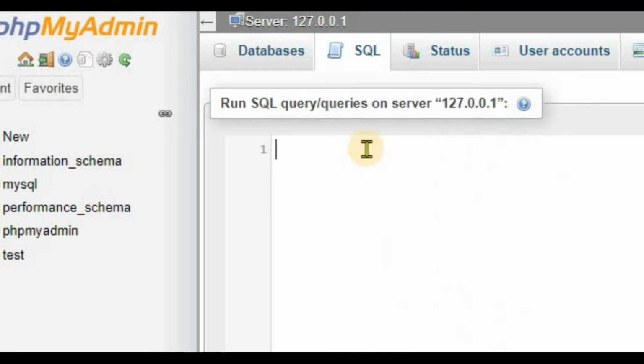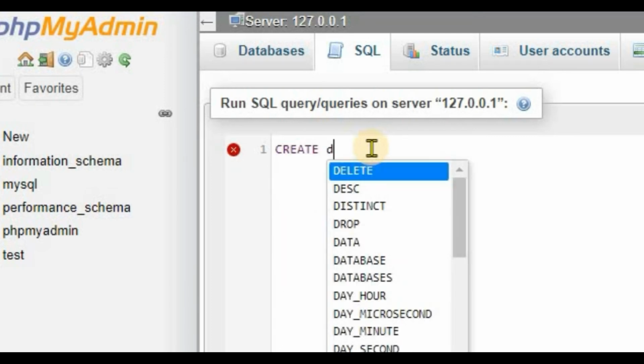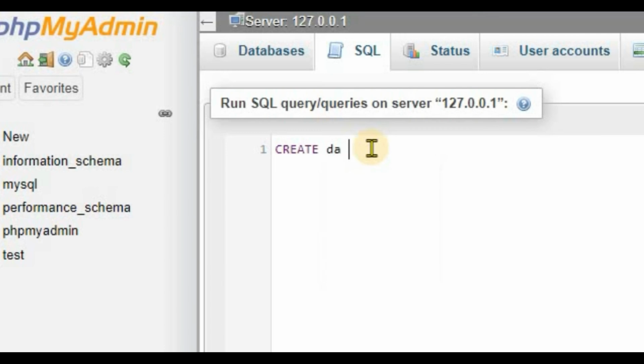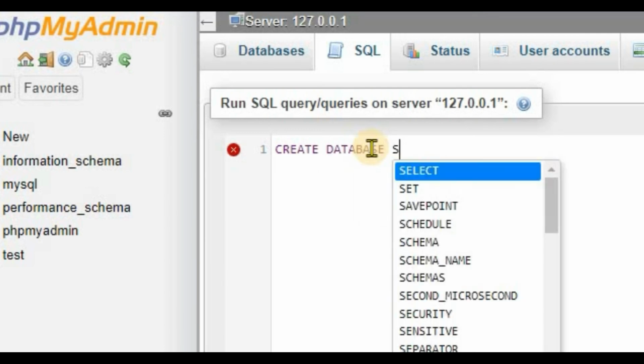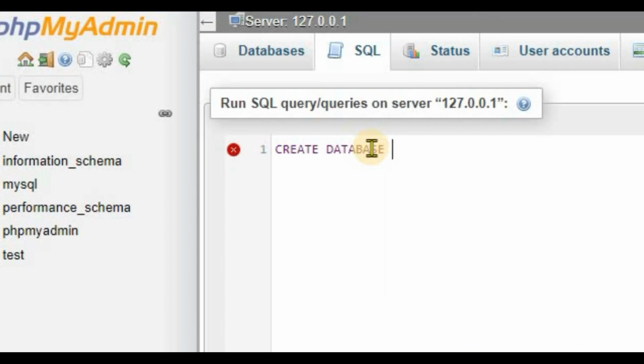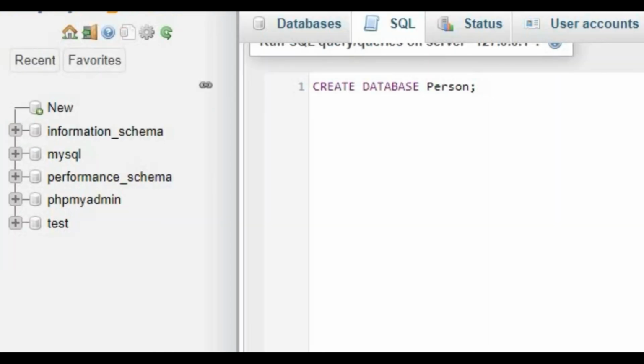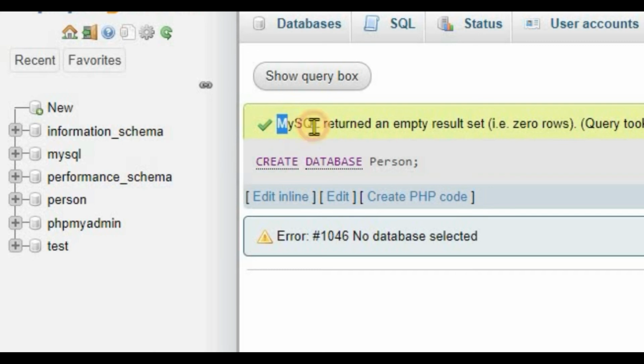So here I write create database person. I put a semicolon at the end and I click on go here. MySQL returned an empty result set and the database is created. You can see here with the name person, our database is created.